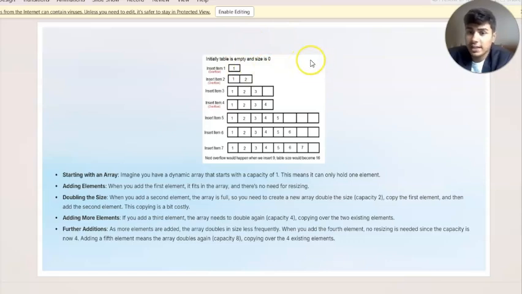Then for adding the second element, we have to resize it. We have to double its size. Then we added our second element. Then for the third element, again there is no empty index, so we have to again double its size. 2 to 4. So it becomes a 4 element capacity dynamic array.